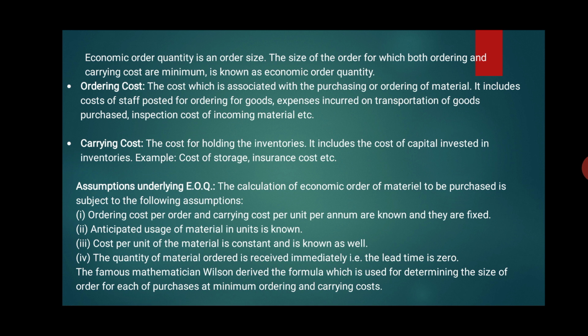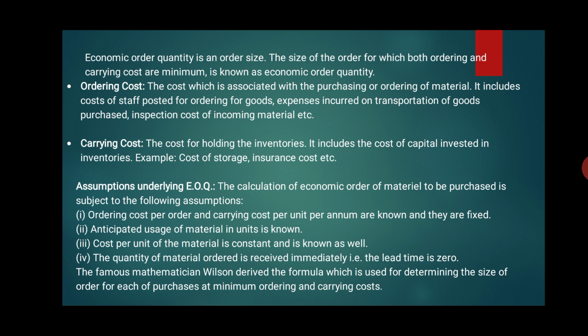We know how much the annual demand is going to be. The cost per unit of the material is constant, meaning cost per unit, carrying cost and ordering cost are known to us and they remain constant. The quantity of the material ordered is received immediately and the lead time is kept as 0, just like the GIT concept. One of the famous mathematicians, Wilson, derived the formula of EOQ,